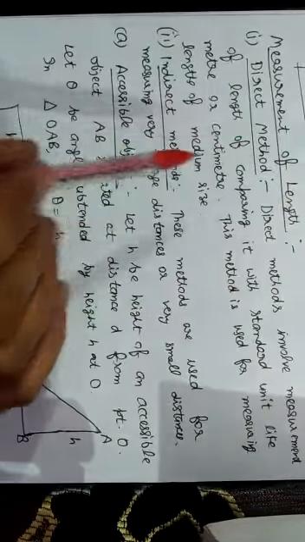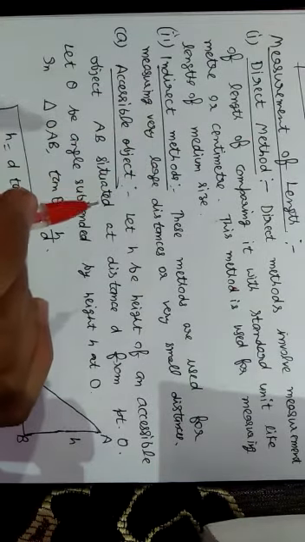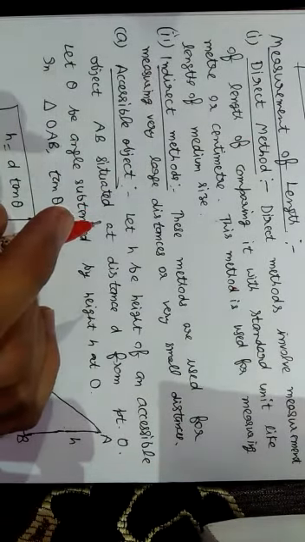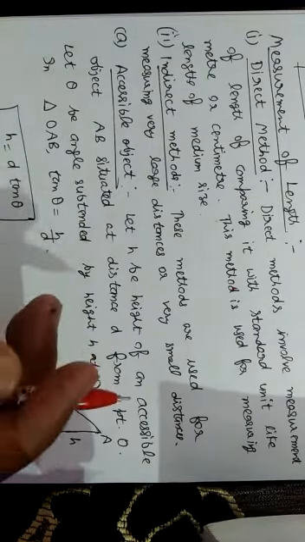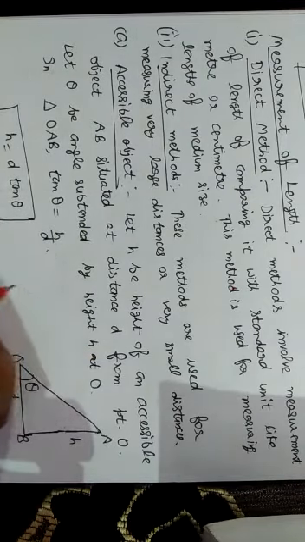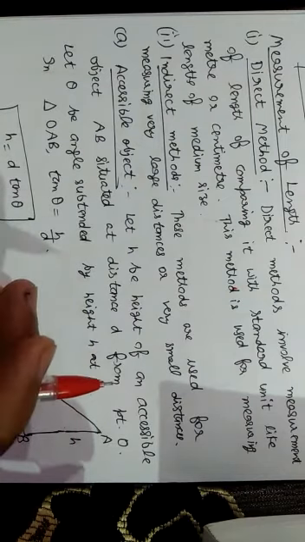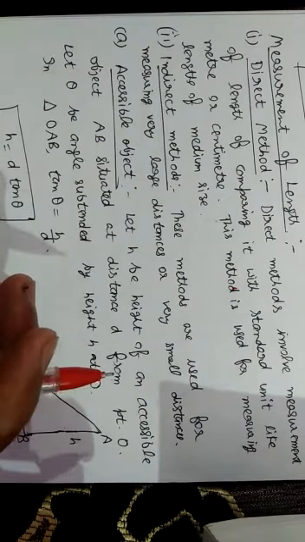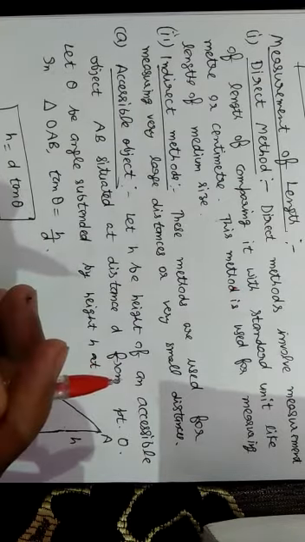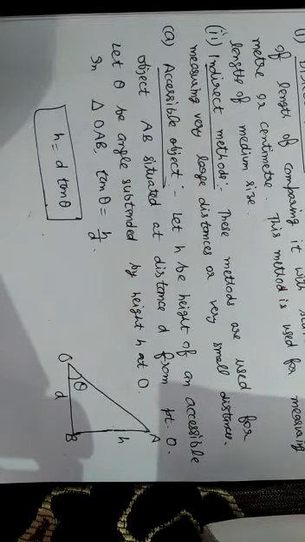In this method, the distance of any object is not very much. The distance is very small or length is very small, and answer will be in only centimeter or meter. For example, we can use simple scale or meter rule to measure the small lengths. Those methods are known as direct methods. Second method is indirect method. These methods are applicable where the distance of any object is very high.